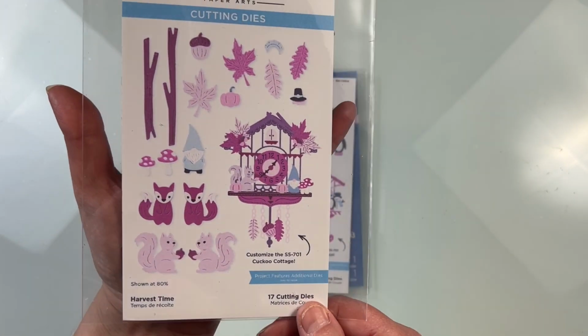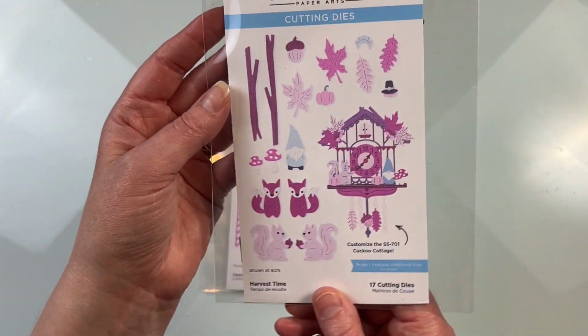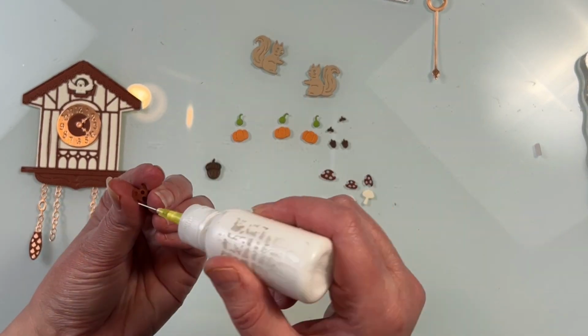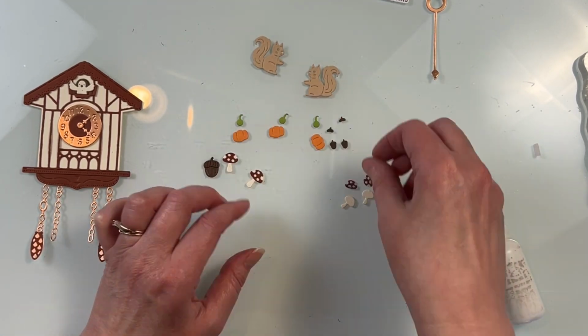This is the Harvest Time die set from Spellbinders. There are 17 different dies in this set, and this is a companion die set for the Cuckoo cottage. So this goes with that base Cuckoo clock in order to make it harvest or autumn themed. There's a lot of different options here to decorate that Cuckoo clock with autumn little bits and pieces, but you